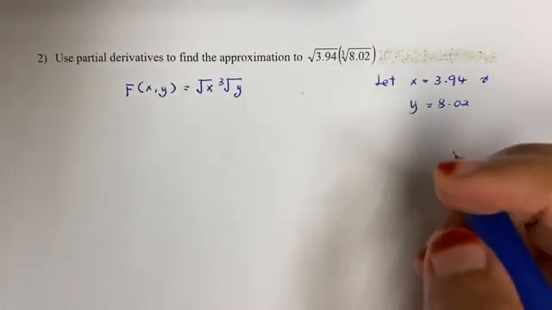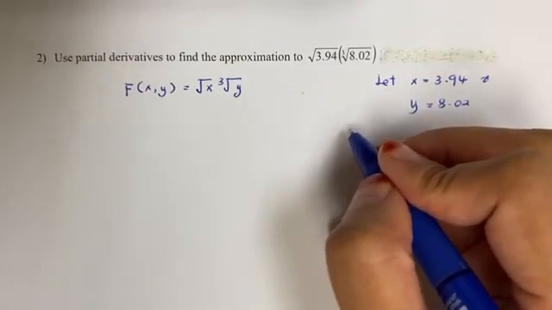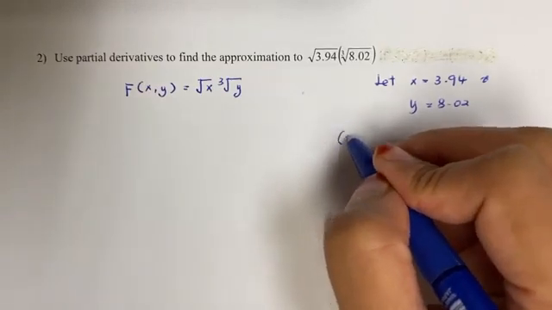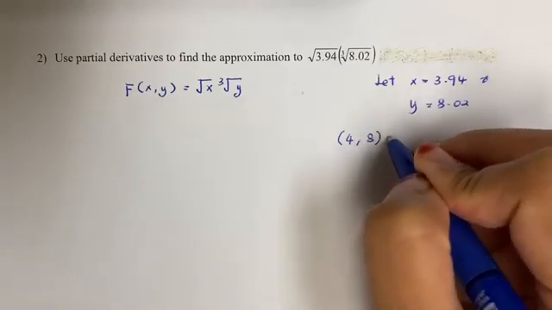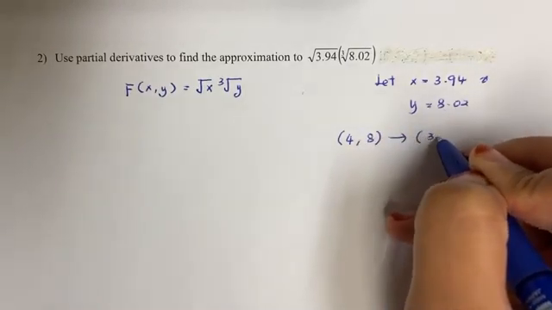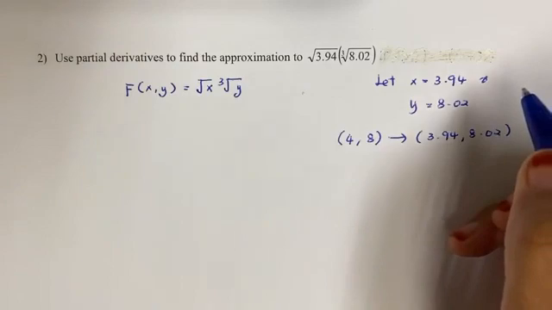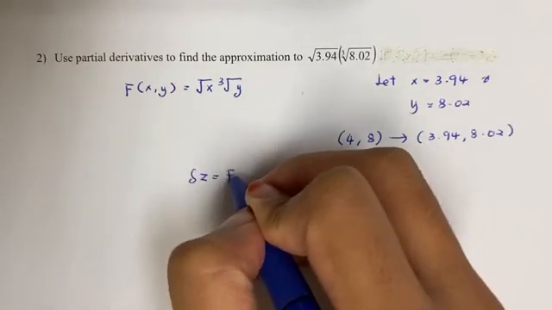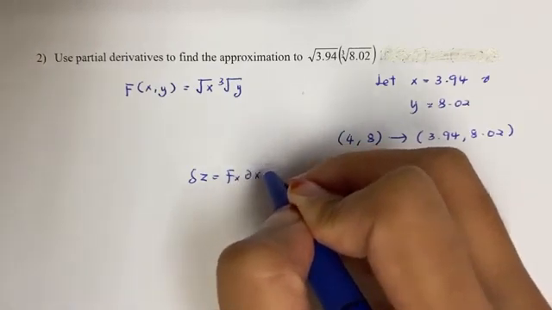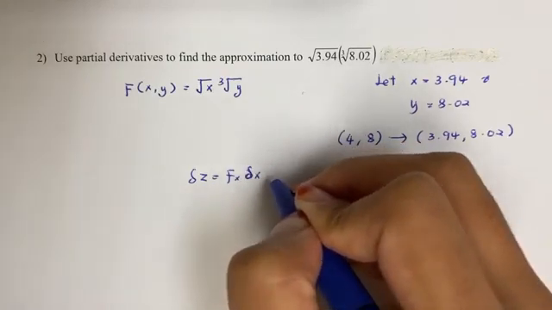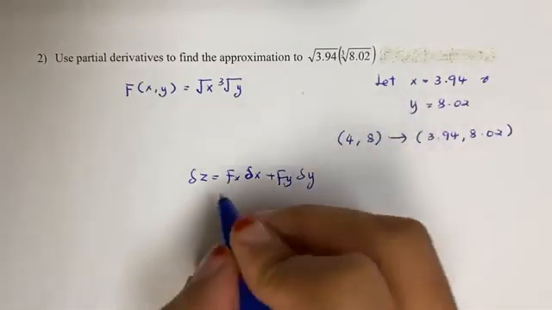And then maybe you can set as well the value for previous x and y. So maybe it is 4 instead of 3.94, and 8, and then it becomes 3.94 and 8.02. Sorry, delta z is equal to fx delta x plus fy delta y. Okay, so this is equal to